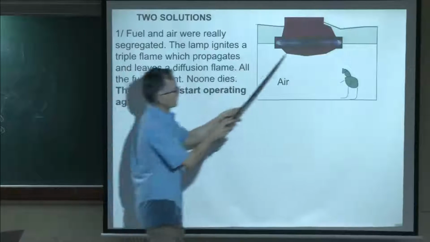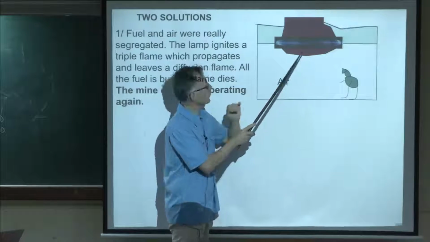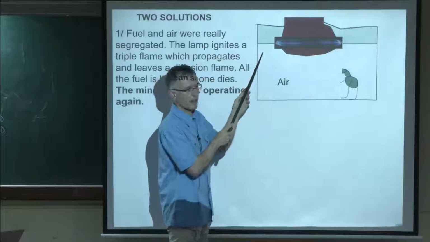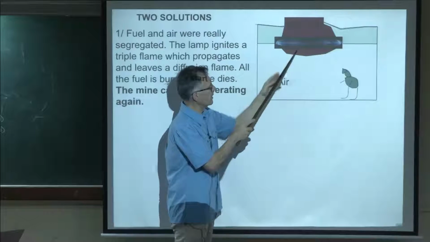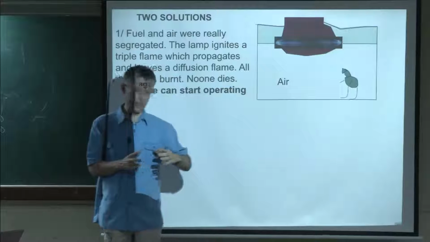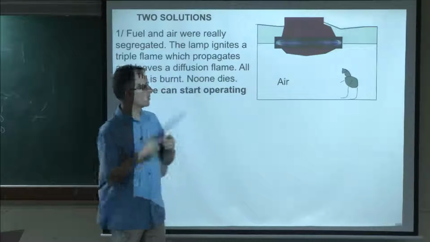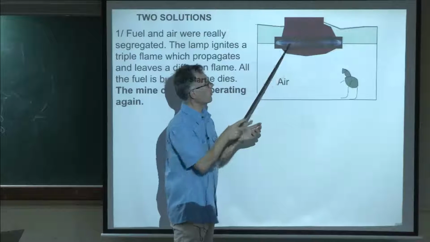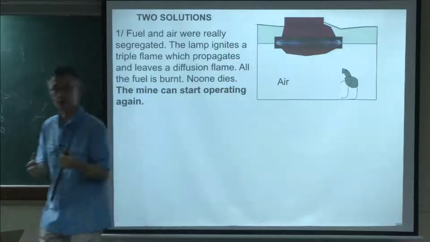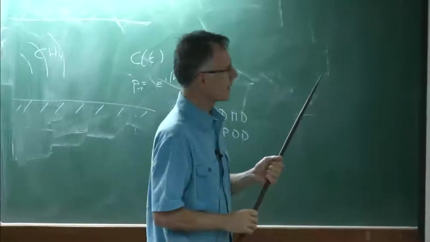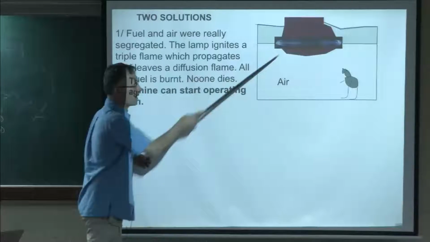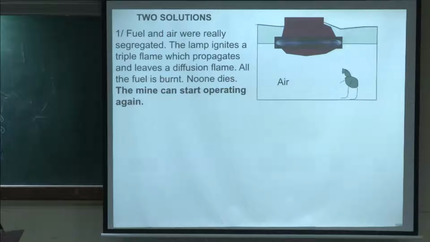And it will actually, again, like we said 3 days ago, separate the unburned state from the burned state. Here will be on the mixing lines. Here will be on the equilibrium lines. And it will be like a pancake, if you want, of flame growing, which will slowly attract the fuel here by diffusion, and the fuel will burn in this thing. And it works. It's something which was done in those days. And then when this is done, all the fuel is burned, and you still have air, so you can come back and you can work again. You have to wait maybe a few hours until this thing cools down.